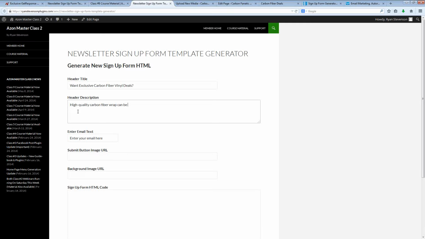Now what we are doing here is letting the people that are viewing this sign-up form know what it is that they're going to get access to by joining this newsletter list. So whatever incentive it is that you're offering, that's what you're trying to sell here in your title and in your description. So I'm going to say something like, "High quality carbon fiber wrap can be downright expensive,